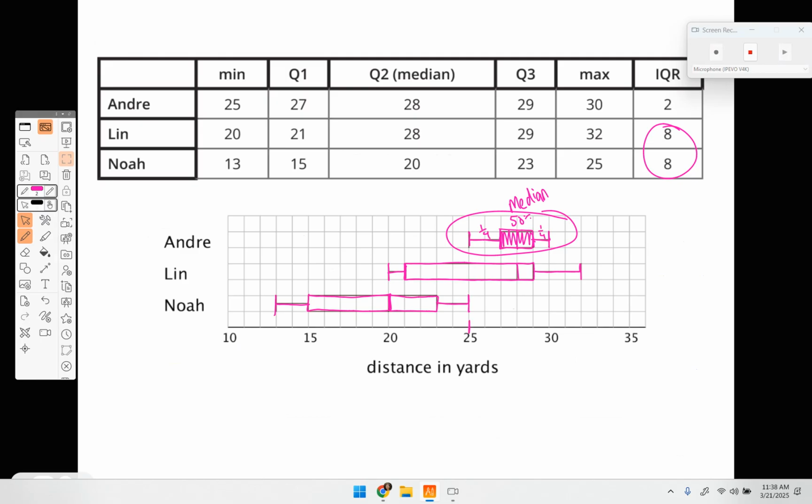So his farthest flight was Andre's lowest flight, which is kind of interesting. Andre's max and min were smaller than the rest. Well, Lynn had at least one flight that flew farther, but it could have only been one. It might not have been very often. All right. So we got Andre